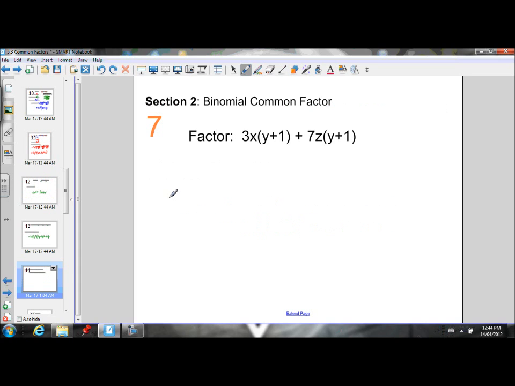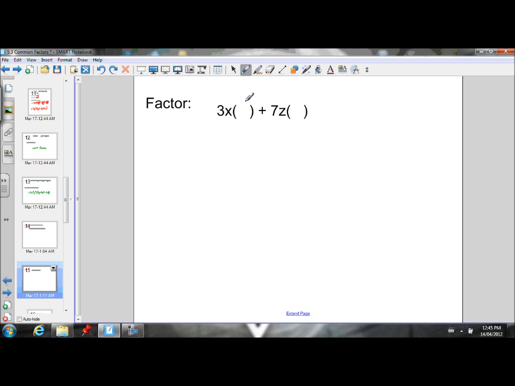Okay. Now let's move on to binomial common factoring. If we want to common factor 3x times (y plus 1) plus 7z times (y plus 1), this doesn't really look the same as what we've been doing before. We've never seen binomials embedded in here. How we can think of it: we have a 3x times something and a 7z times something. We can common factor out